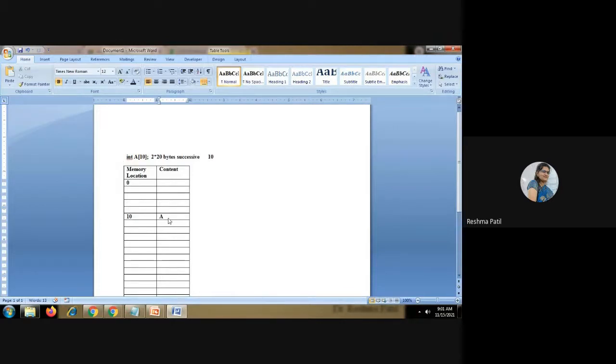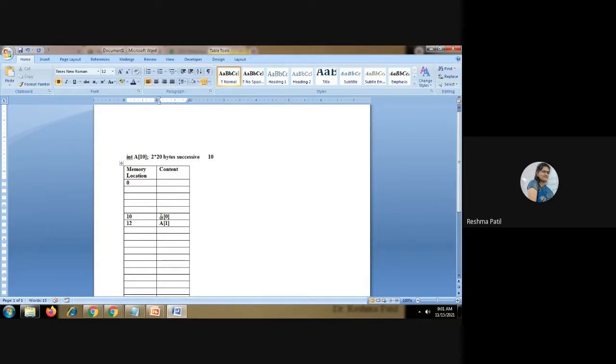Which element will start first? The 0th element will start from the 10th location, and every element will take 2 bytes of memory. So 10 plus 2, at the 12th location, A of 1 is there. Successive memory location: nobody else comes in between these two elements. This is called successive.